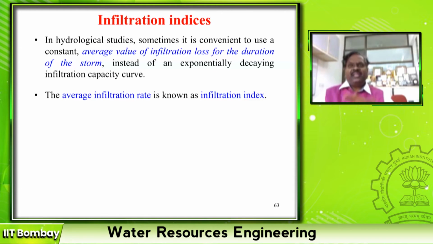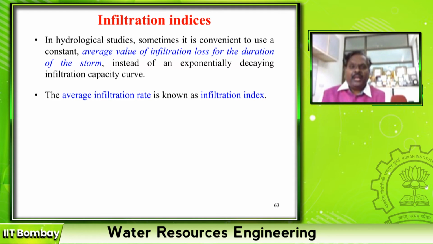But when my area is very large, for example, several kilometers square, with different soil types, different antecedent soil moisture conditions, different geological formations, then it's very difficult for me to incorporate this infiltration loss into my water budget. If I am doing a finite element or finite difference model, then for each and every small grid I can give the value of infiltration rate.